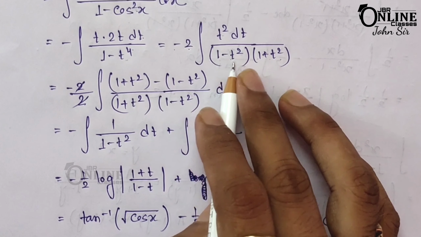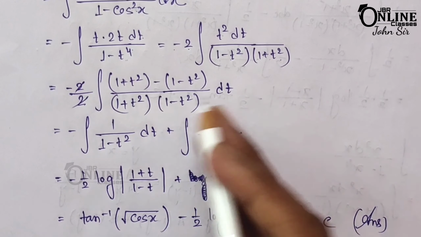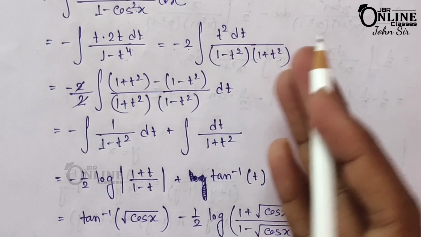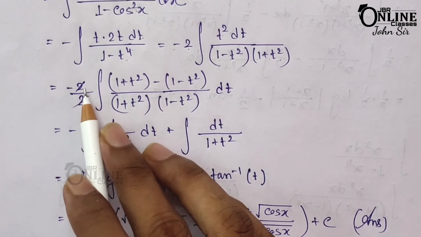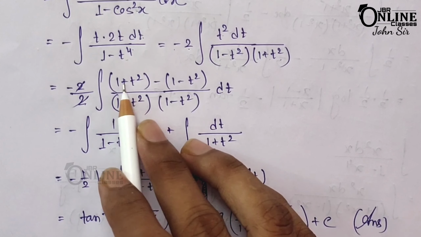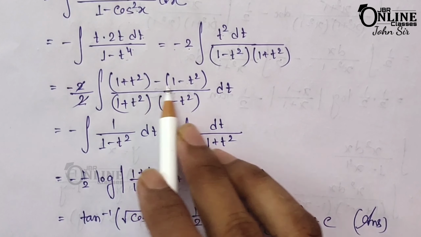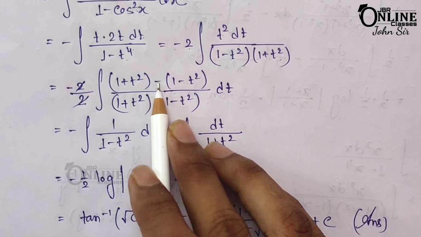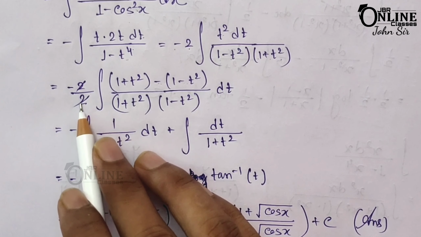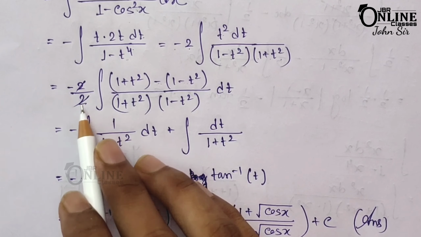Okay. Now you have to adjust this one. You know this one very well, because this kind of problem was already solved before. So here minus 2 by 2. Why this 2? Because you have to adjust this one minus this one, and you will get here 2. Now to adjust this 2, you have to divide this 2 here. So now separate the integration and you will get your answer. I hope you can solve it because this is a similar kind of problem and I have solved it before. Okay, so after solving the equation, just put down the value.